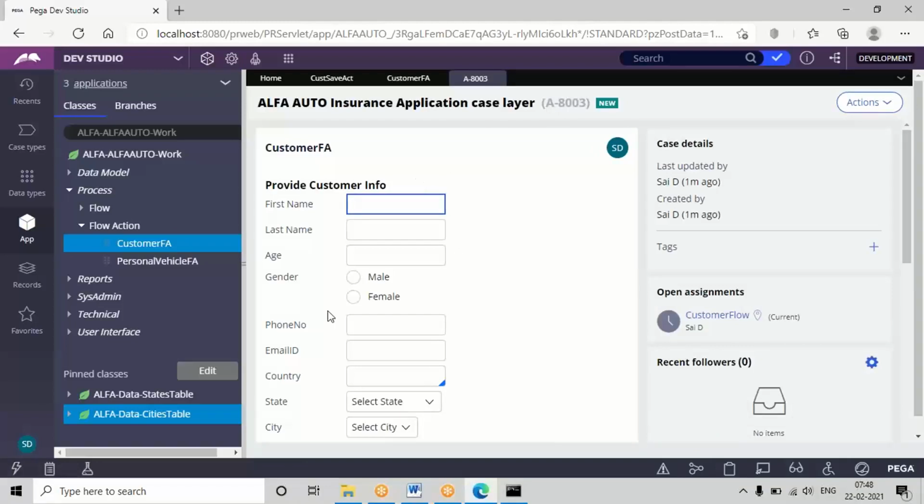See, but in the customer flow, we're having all these fields, right? But in the table level, we didn't map every field, we mapped only some particularly selected fields. I did the mapping, but in real time every field we are going to map. We don't skip any, but in your application, if you want to do every field, you can. And whatever value is generated here will be assigned to the customer ID.